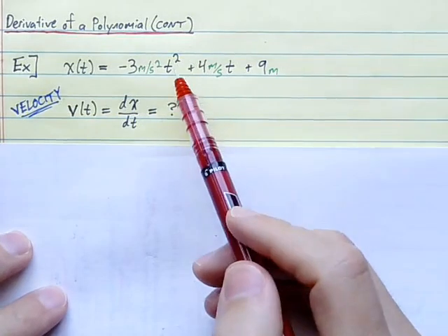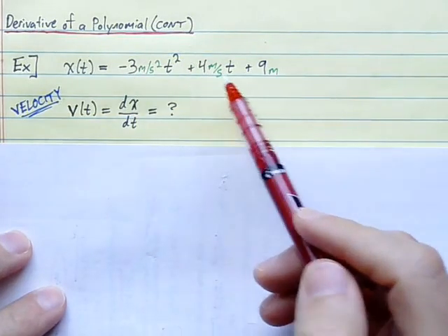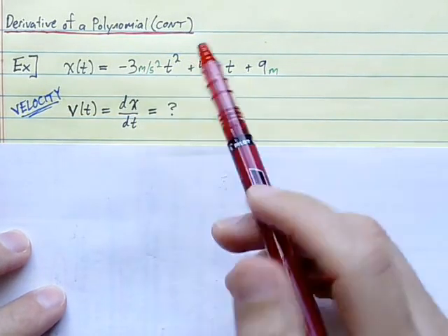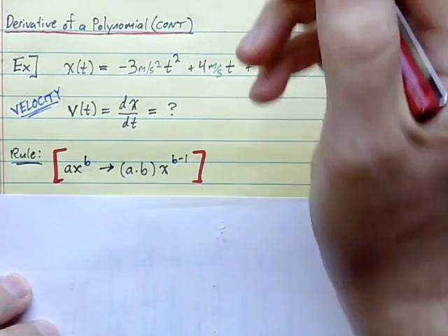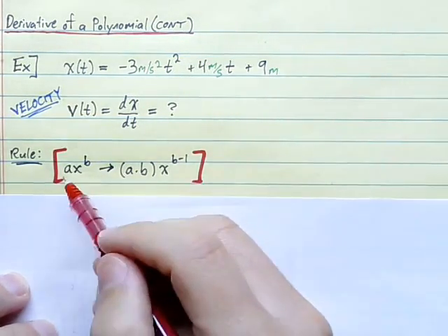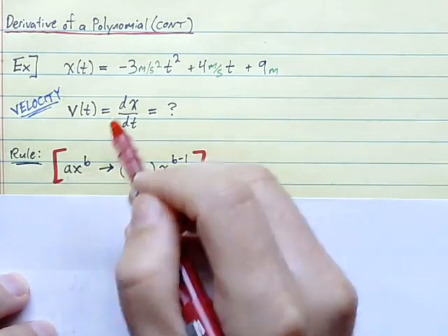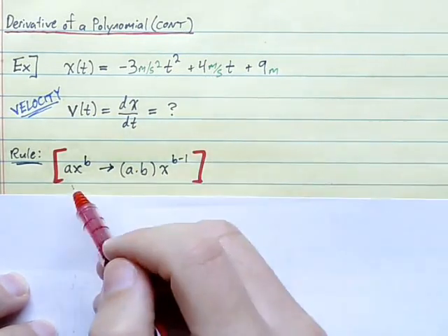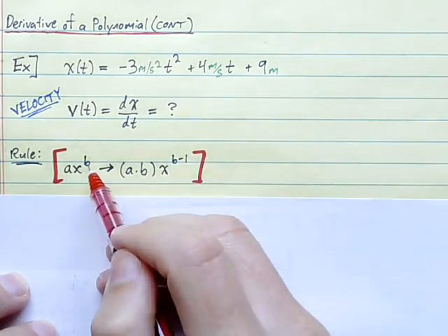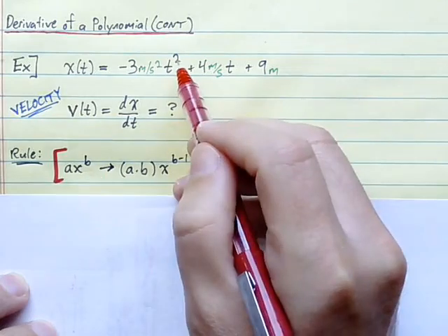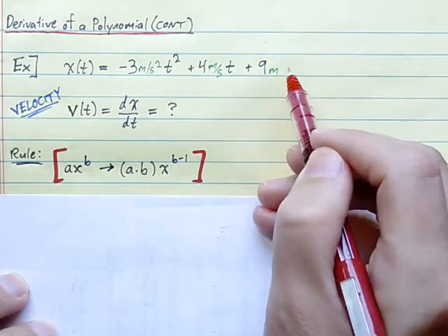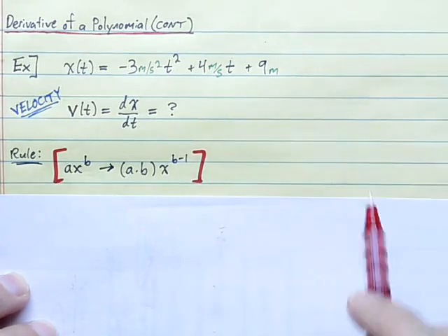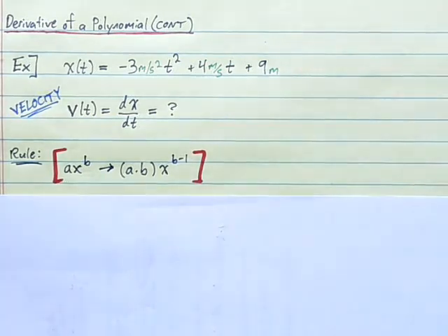So what we do is take the terms in the polynomial one at a time, and for each term, we do this. Okay, so each term is of the form a x to the b. A is the coefficient, like -3 or 4 or 9, and b is the exponent, in this case 2, or, what are our exponents here and here? We'll need to note